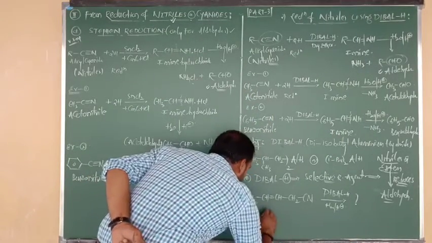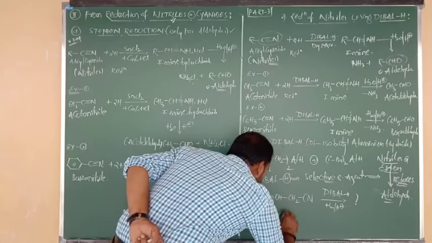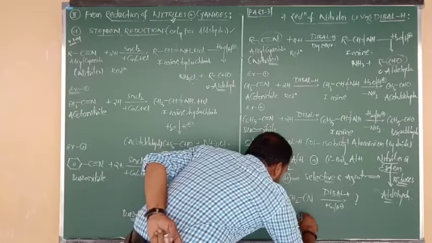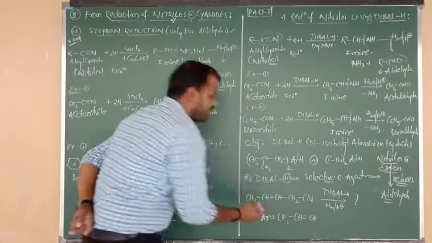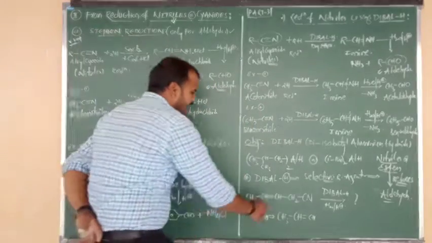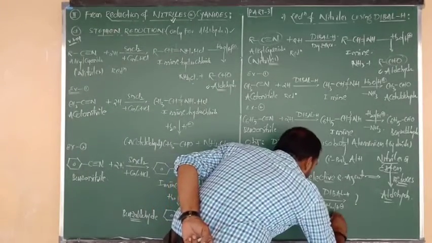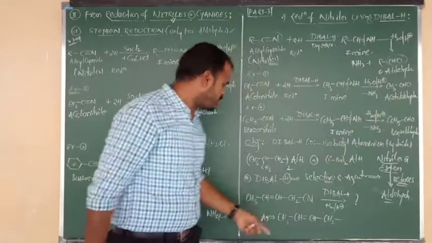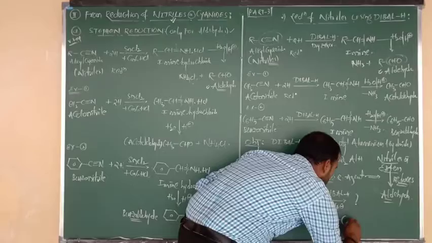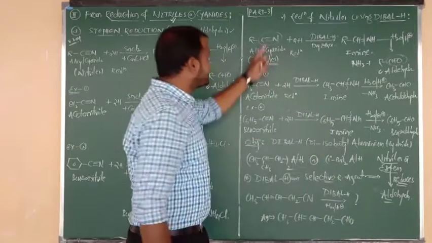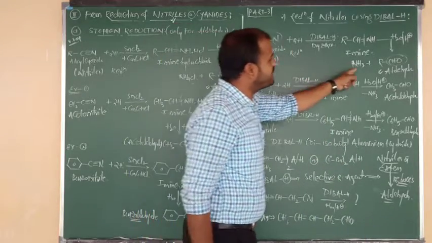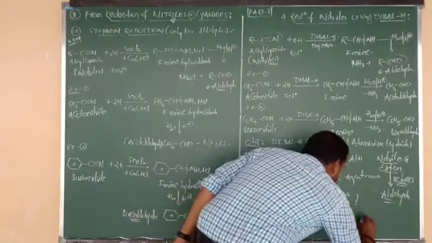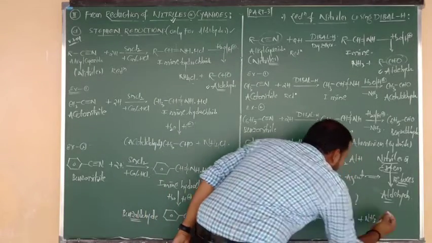So for this question, the answer is that the C=C double bond does not undergo reduction, and it is connected to what group? Okay, I am going to write CH2. Just CN can be reduced into CHO; CN can be reduced into CH2. And in that CN form, nitrogen is there, which is eliminated in the form of NH3, here also eliminated in the form of NH3.